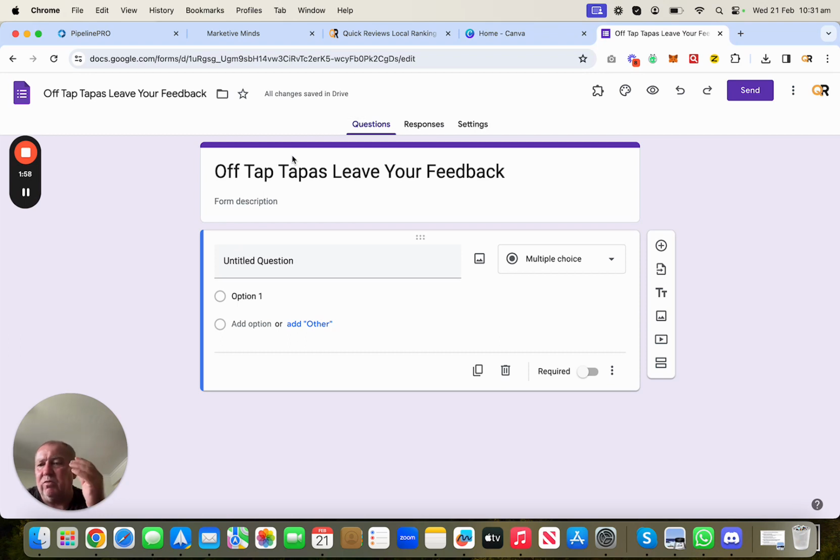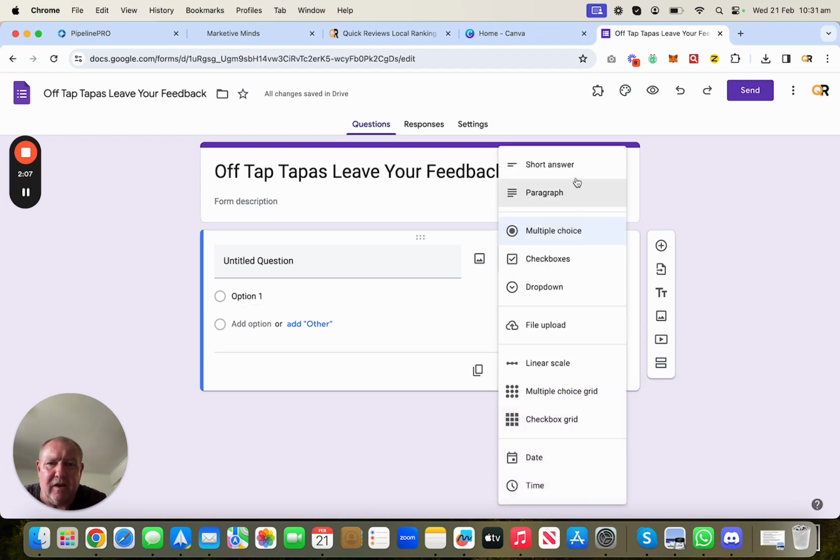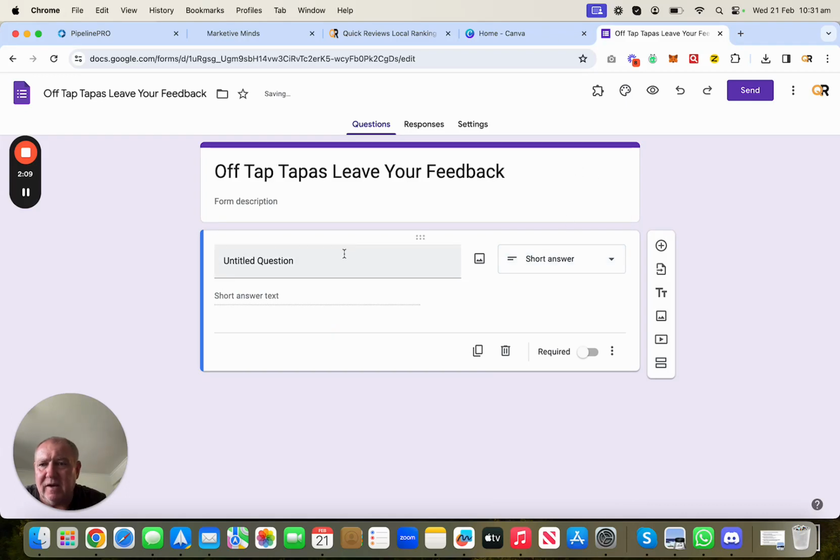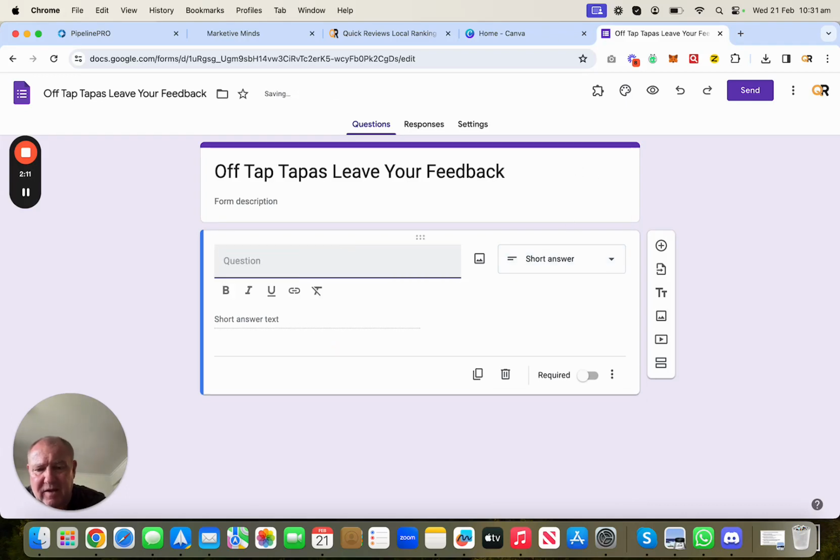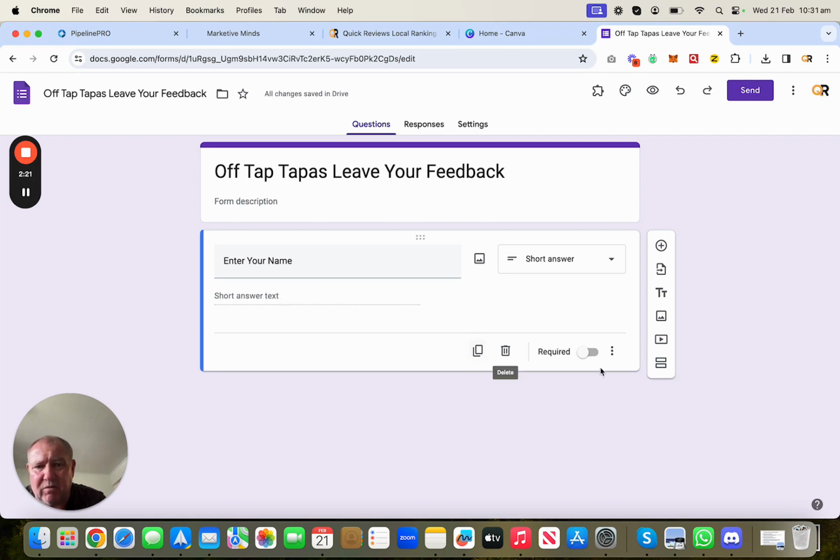Now the next thing we'll do is what information do we want to collect. So in this case, it's already pre-set up with a default what we call multi-choice. We don't want to use that. We want to go here and use a short answer. Now the question we're asking is enter your name. Right, nice and simple. Enter your name, and that's their answer down here. And then we want to make that a required question, so they can't proceed and submit the form unless they